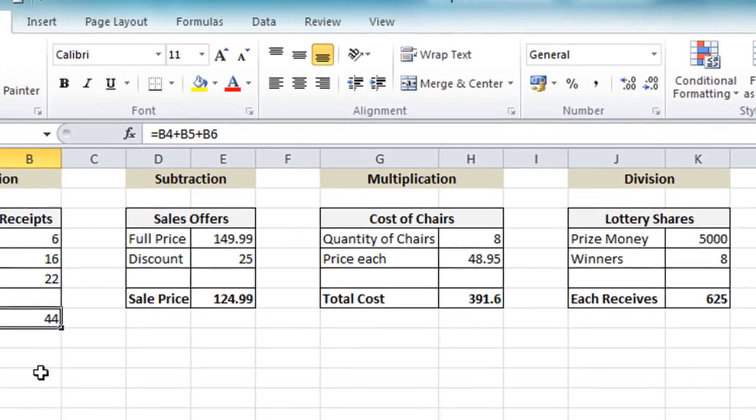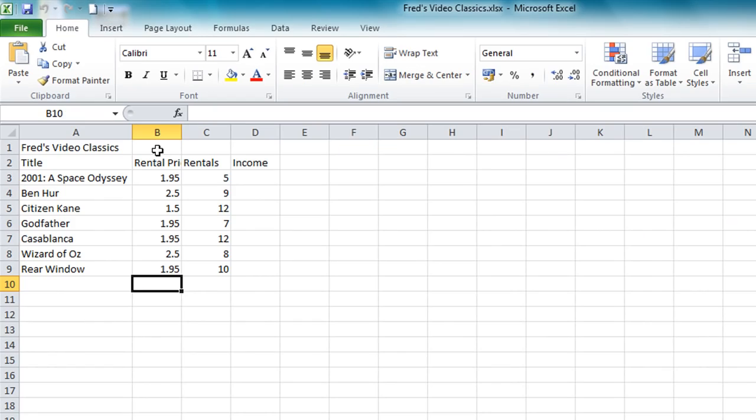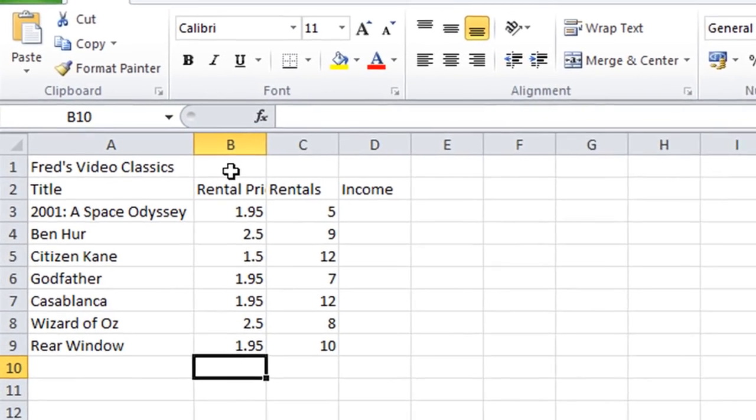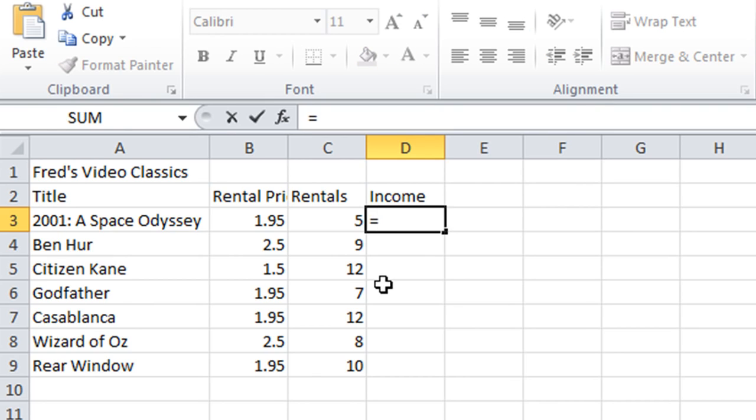So now we've seen how to create these basic calculations. Let's go back to our original spreadsheet and create the calculations for that example. So here we are back in our example spreadsheet that we'll be building throughout this course. And we now need to apply some calculations here. So I'm going to click into the first cell underneath the income label. That's into cell D3. And press the equals key on the keyboard,